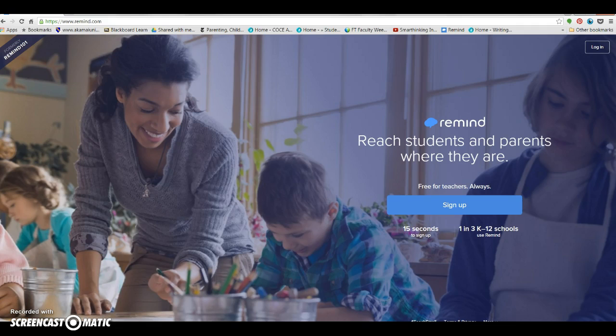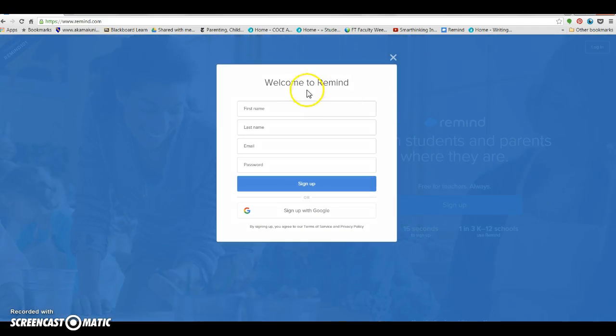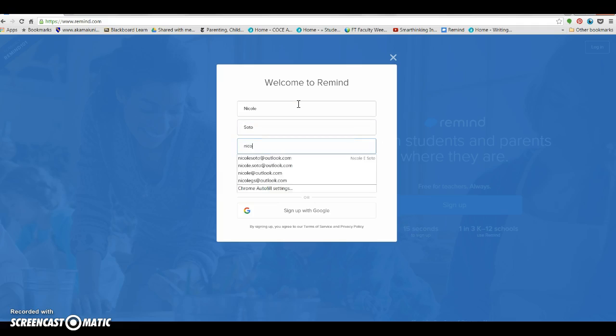You'll want to go to www.remind.com and click sign up. Here you'll add your personal information. Now I'm going to use the dummy email address since I'm already signed up, but you'll want to use your SNU email address so that when students email you from this service, it goes to your SNU email address and not a private email address. And then it's going to ask you for